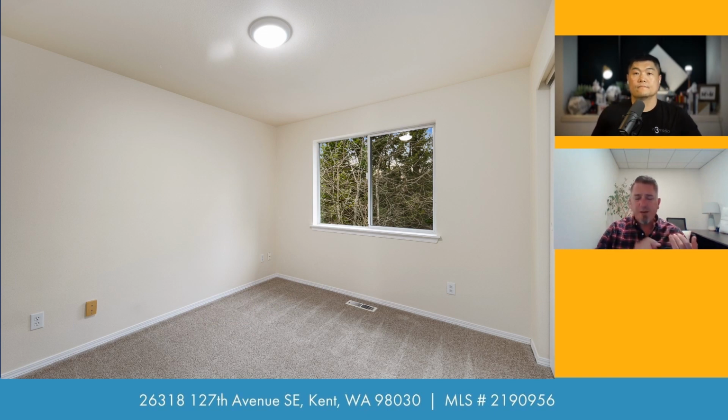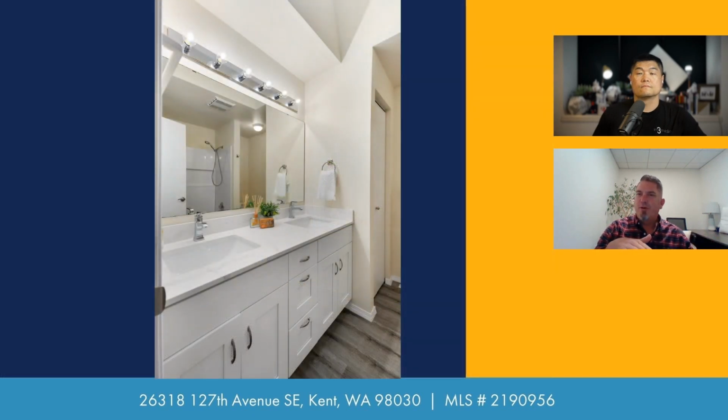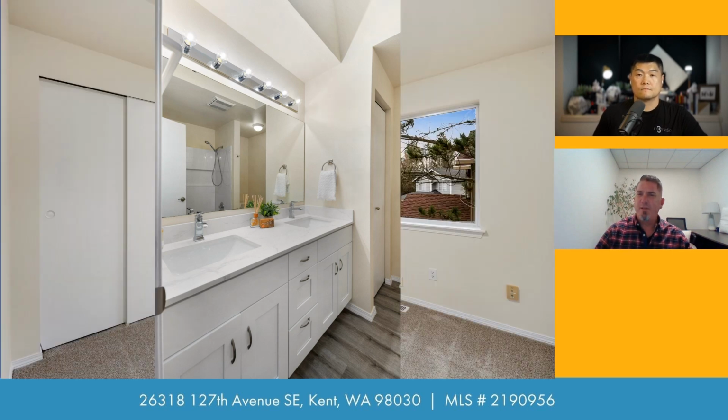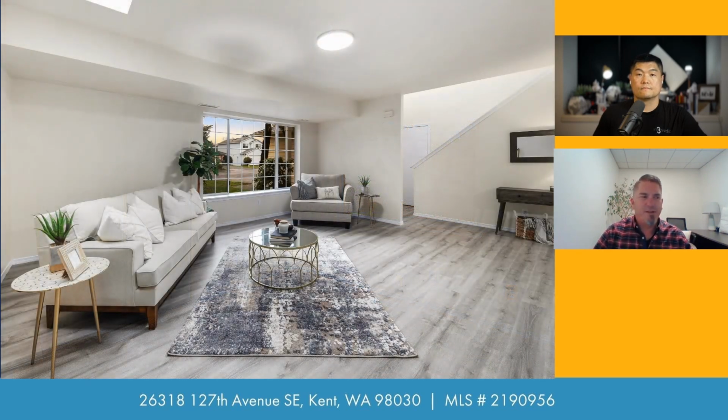This house, for example, this one, fortunately, is built on a slab, so there was no crawl space. Crawl space and attics, two things that scare me the most, right? Because they're going to be the things that could cost the most amount of money to remediate, and they hide things, and we often don't know what's hidden. Fortunately, this one was built on slab, so we get our contractors in